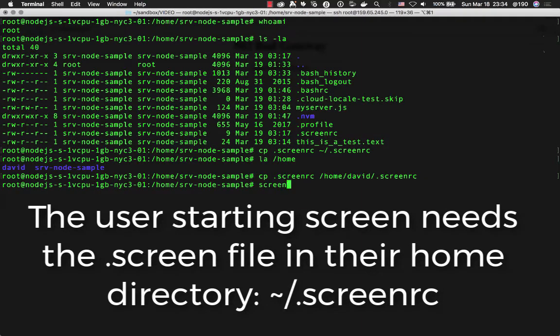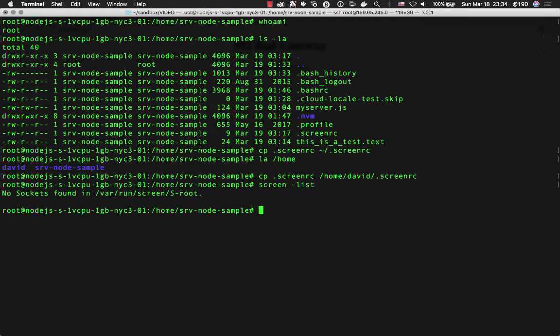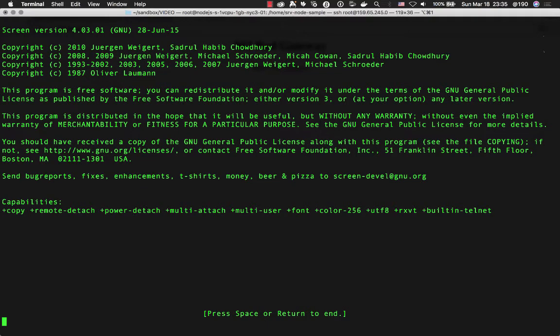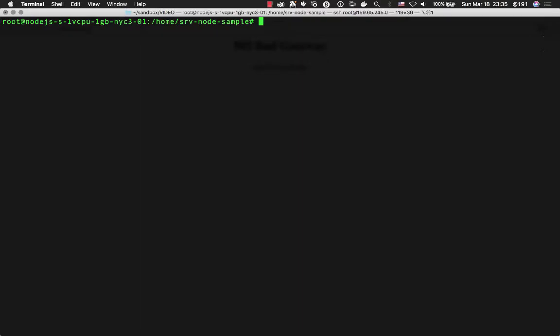I'll type screen list just to make sure I understand how many screens are open, because you can have several actually, and give them different names and have different stuff running in them. But right now, nothing's open in screen. I'll type screen. Okay, now I'm inside of it. And that means I should have, after I space to just run here, I should have that tick be